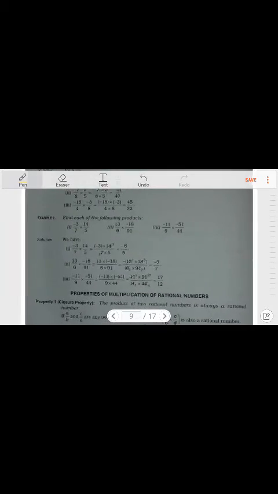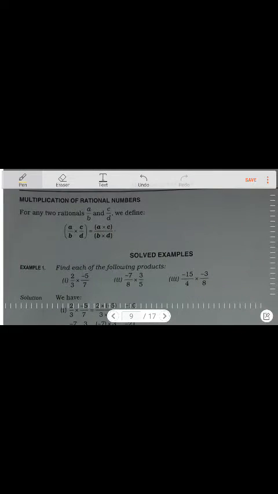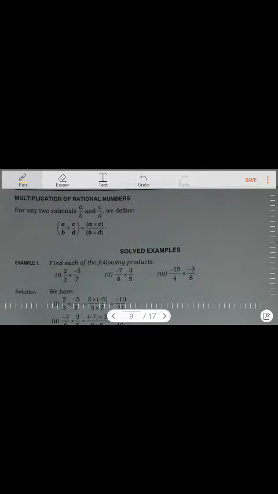If you see over here, I will show you the whole page, and I will put down the page from where it starts. Yes, this is the page from where it starts. So multiplication of rational numbers, as I had given you in the notes: if two rational numbers a by b and c by d are multiplied, then it becomes a into c by b into d. That means numerator and numerator are multiplied, up and up, and then down and down are multiplied.